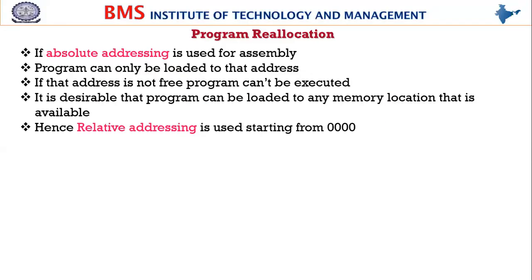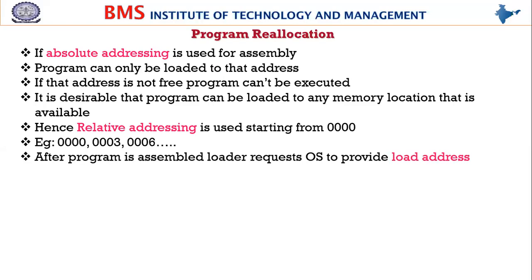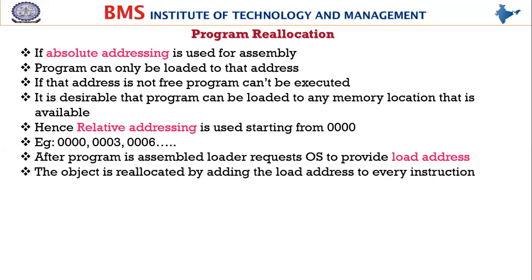Okay, we usually go for relative addressing, means that the first instruction of the program is going to be assembled using 0000. Fine. Okay. And then, relatively all other instructions are assigned addresses starting from 0003, 06. So after the OS receives the load address,